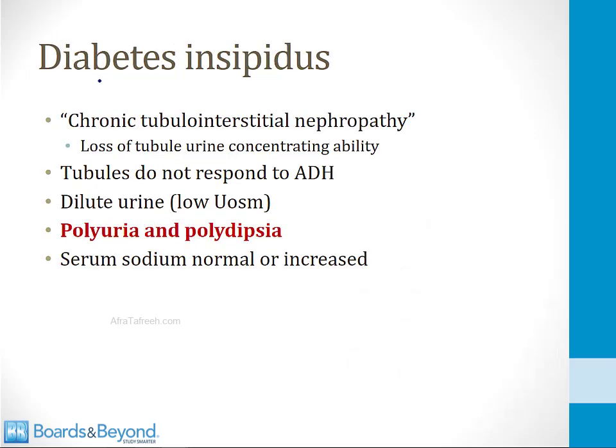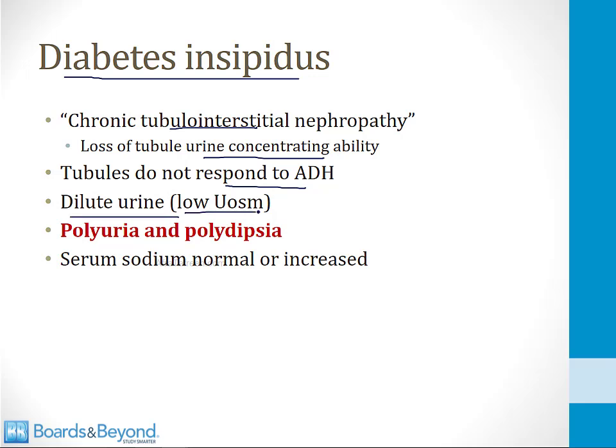Lithium is a classic cause of nephrogenic diabetes insipidus. You will read in your textbooks that lithium causes a chronic tubulointerstitial nephropathy, and what this means is that the tubules in the kidneys become unable to concentrate the urine and they do not respond to ADH. As a result, lots of free water goes out in the urine, and the urine is very dilute with a